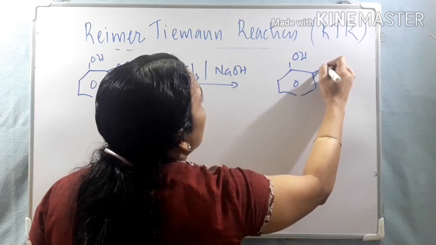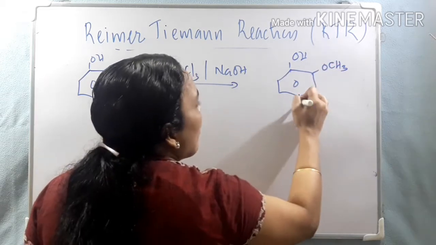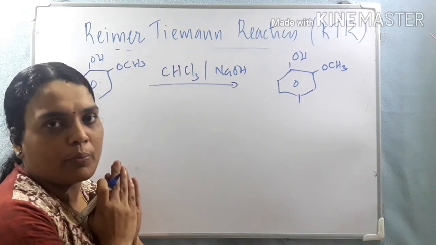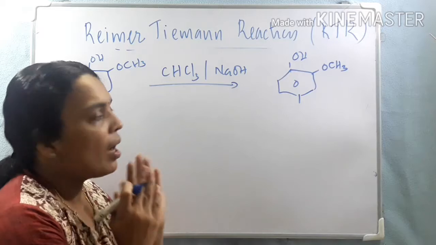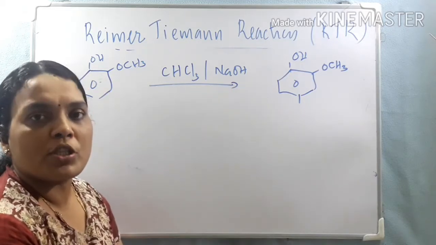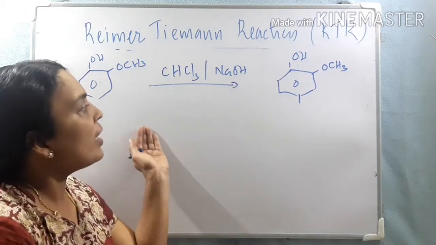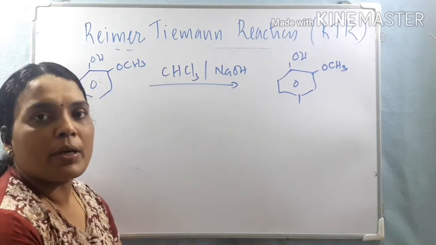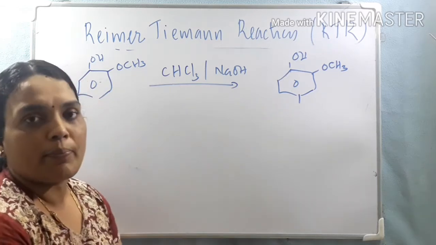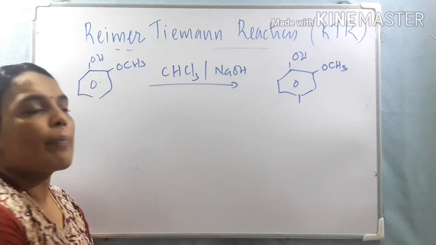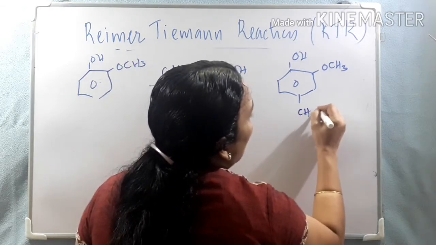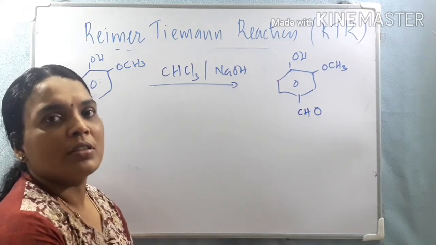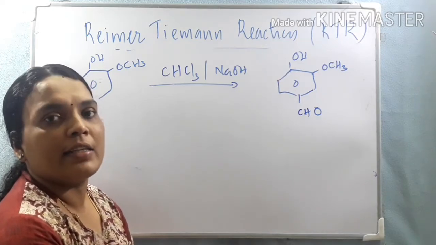We already said there is formation of para product, but it is a minor product. That is why we are neglecting that minor product and discussing only the major product. But here, the ortho position is not vacant. That is why this CCl2, the dichlorocarbene electrophile, moves towards the para position and substitution happens at the para position, and we have a compound like this. Do you know the compound? Yes, this is called vanillin.